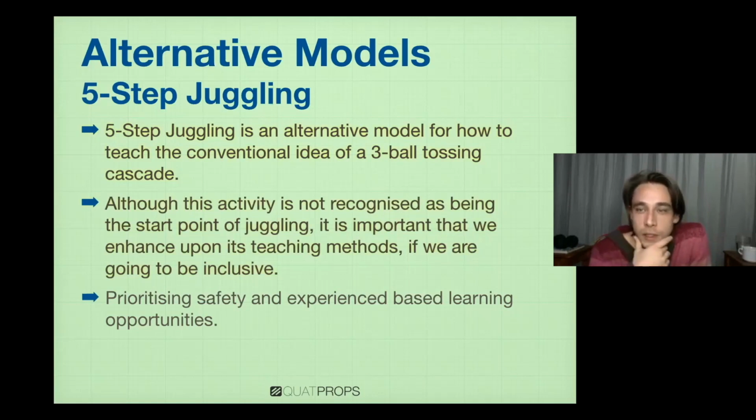Although this activity, the three ball toss and cascade, is not recognized as the start point, it is important that we enhance its teaching methods if we are going to be inclusive. It's going to take us a lot longer to change this cultural understanding that the three ball tossing cascade is not the start point of juggling. We can do it, but it's going to take a lot more time. In the meantime, we need to improve upon our existing teaching methods for that particular lesson plan, because that's the lesson plan that the most people in the world are being exposed to. So we need to improve